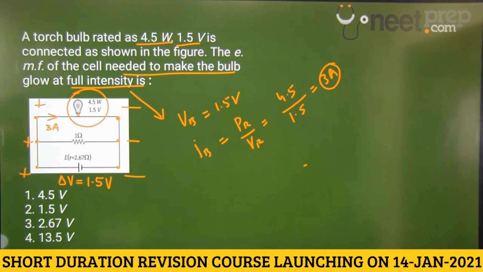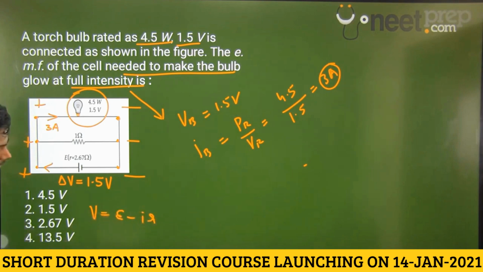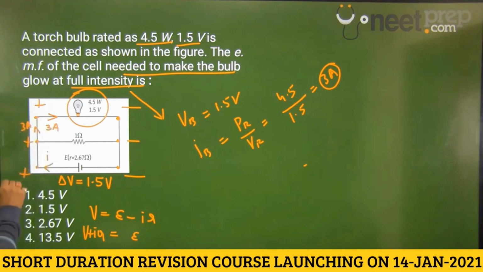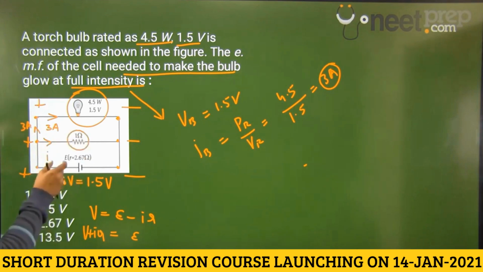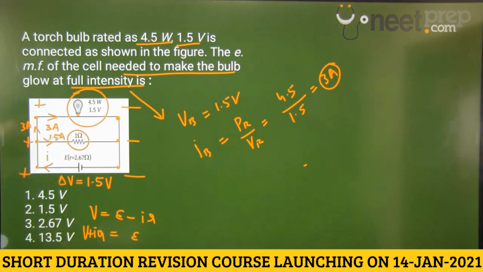Okay. So, for the EMF of the cell we know V is equal to E minus IR. We need to find the EMF of the cell. So, EMF would become E equal to V plus IR. But in this case, my dear student, I should be the total current. Now you know 3 ampere current is going up. We need this current also. How much current is going through 1 ohm? As we know the potential is 1.5, so 1.5 ampere must be passing through 1 ohm.